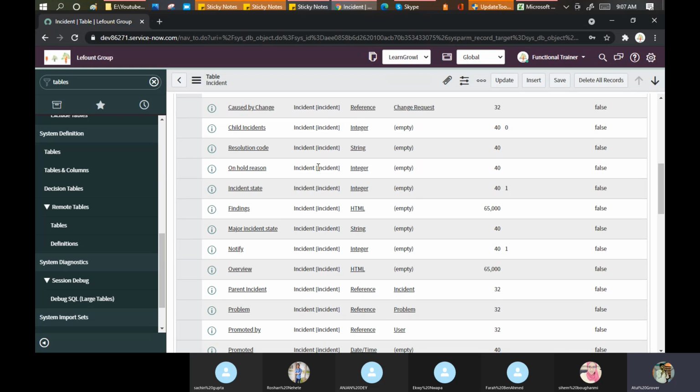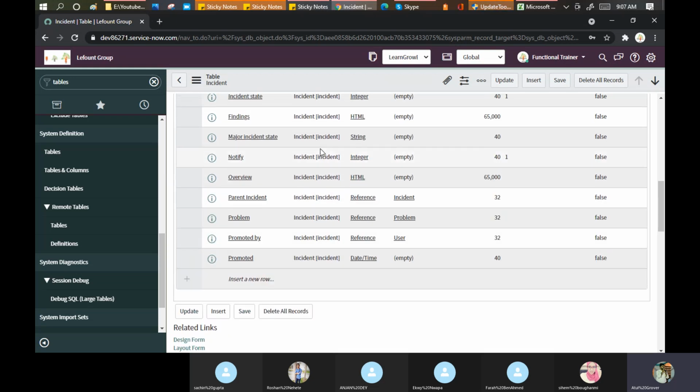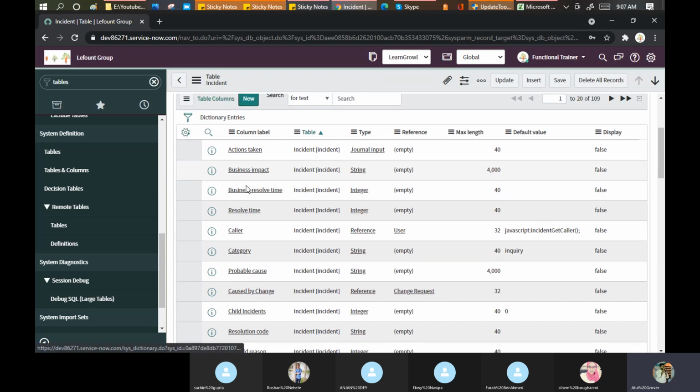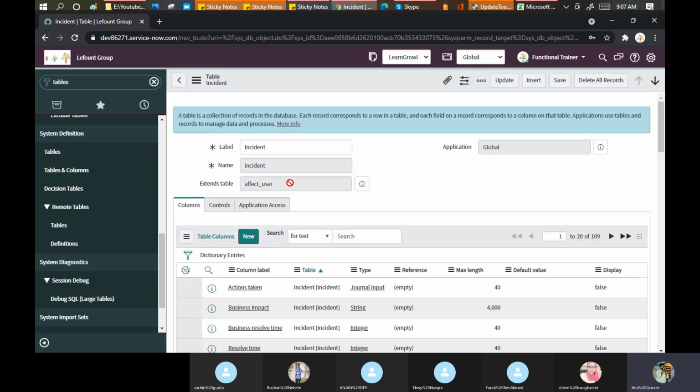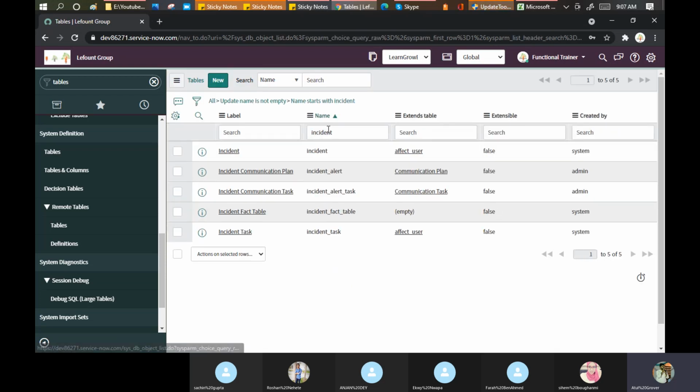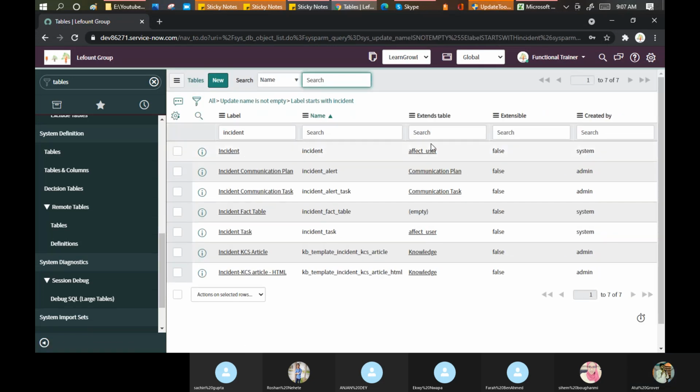So you can see that on this particular table, a few of the fields have been created by the incident table only: resolve time, caller time. It is not the right table. If someone makes changes here after affect user, no, it should not be. Wait, let me check again, because this should be only and only extended by the task table. No, maybe ServiceNow changed something in this part. In the Cubic release they changed something on the extended part of these things.